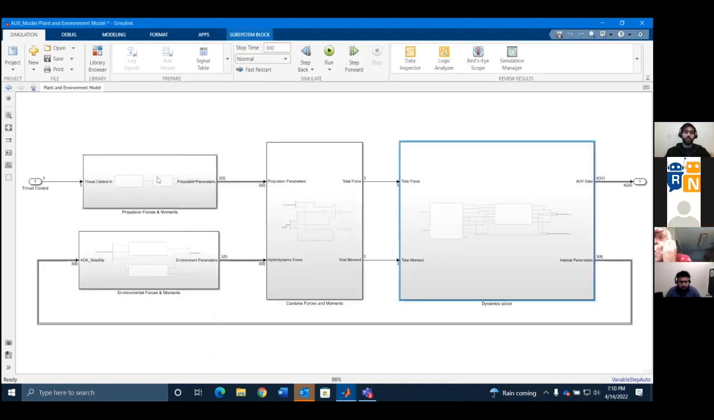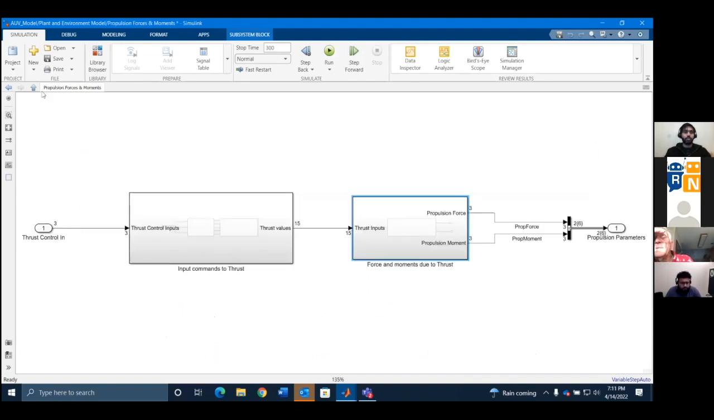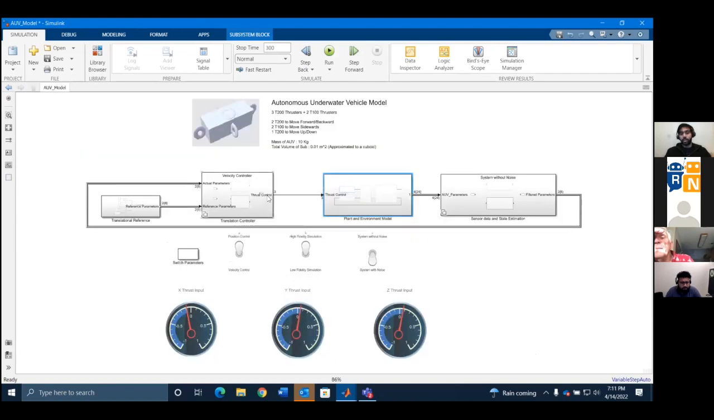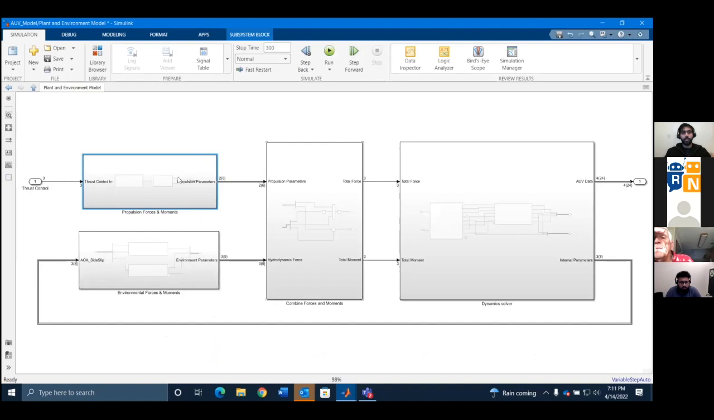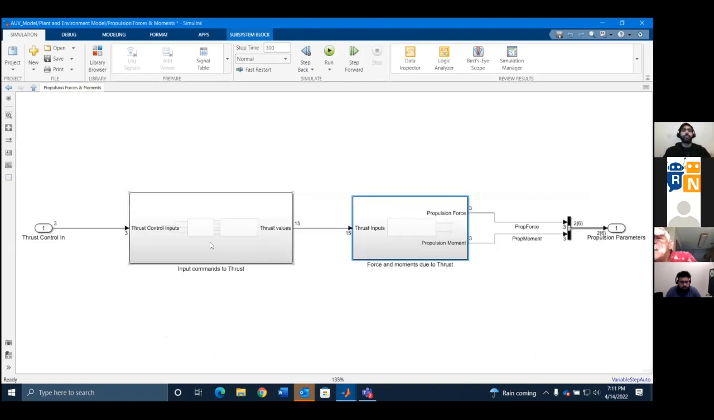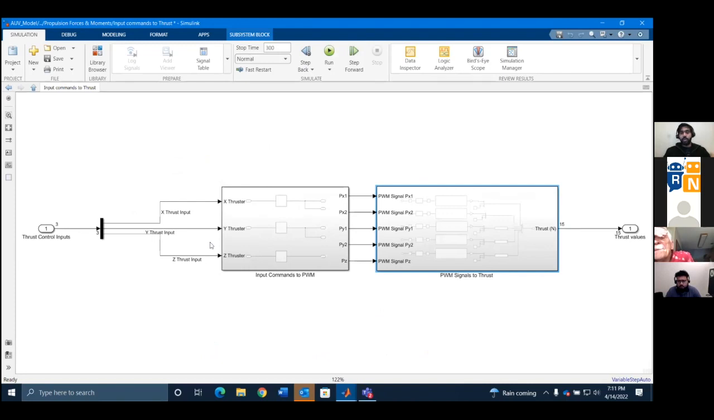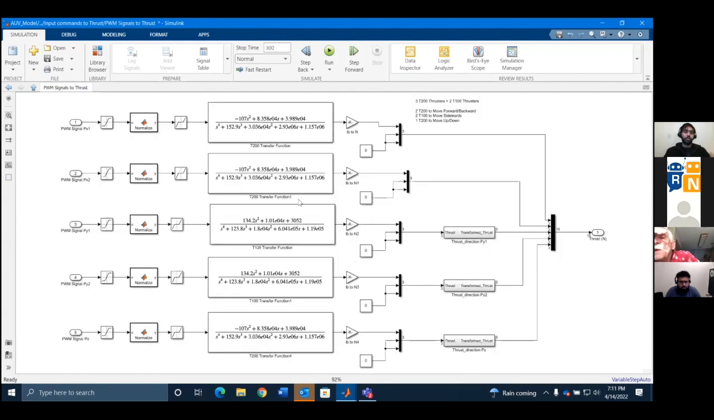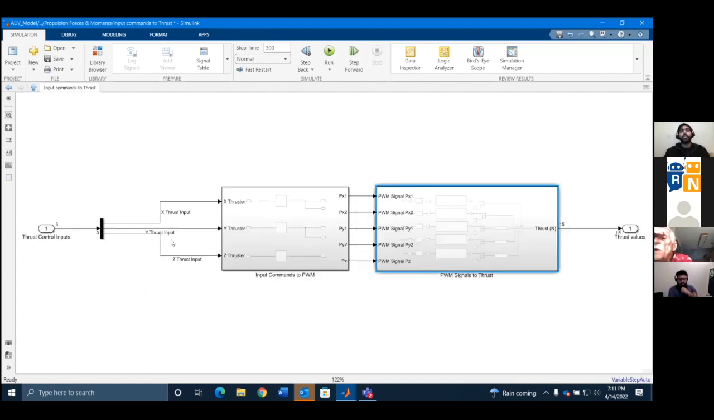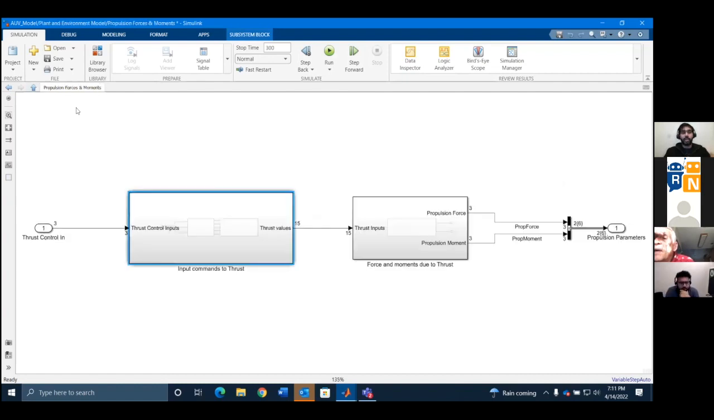As mentioned, we have two kinds of forces and moments: the vehicle forces and the environmental forces. Once you have your thrust commands coming from your controller, you convert them into PWM signals. So you have your thrust command in X, Y, and Z direction. After you convert them into PWM signals, you have to again convert them into thrust signals for the thruster configuration. The reason we do it is because the controller gives us the forces required in X, Y, and Z direction, but as seen in the figure here,